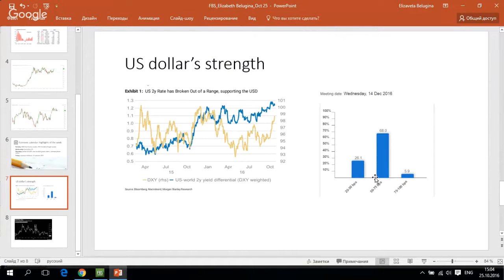There will be another meeting of the Federal Reserve on November 2nd, but neither analysts nor market players seriously take into account this November meeting, because this meeting will take place before the US presidential election on November 8th, and the Fed is not expected to act until we know who is elected America's next president. This is why the main speculation, the main talk is around the Federal Reserve December meeting,